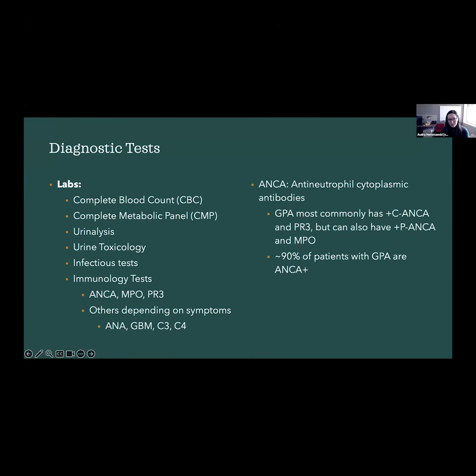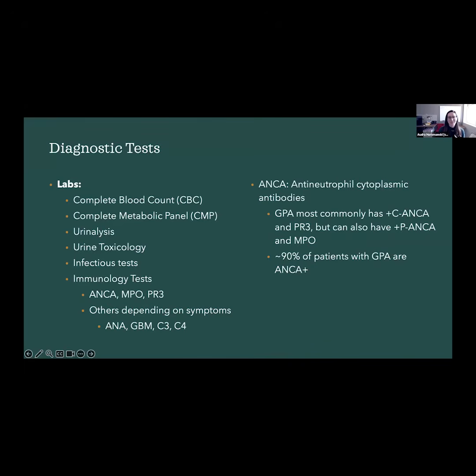All patients who come to me for an evaluation of GPA also get a urine toxicology test, and that is to look for various different drugs of abuse that can cause positive ANCA tests, but also quite perfectly mimic ANCA vasculitis, cocaine being the best mimic. Especially in patients who have destructive sinus disease, cocaine is unfortunately quite a destructive drug that causes similar inflammation in the sinuses as well as the sinus perforation that can happen. And the cocaine in and of itself can cause an autoimmune phenomenon that looks a lot like ANCA vasculitis.